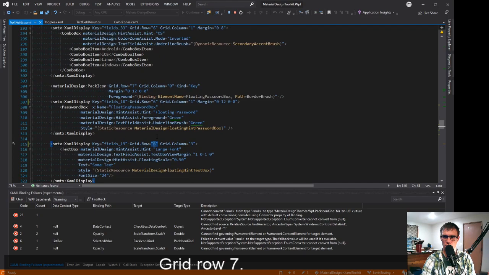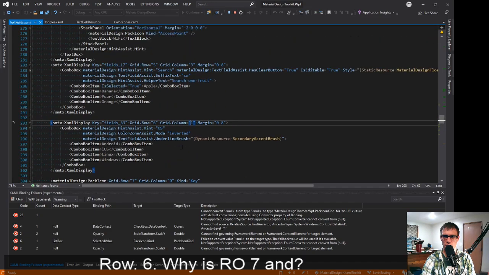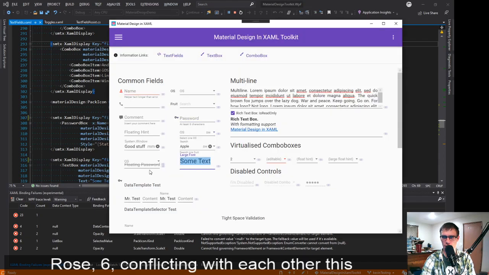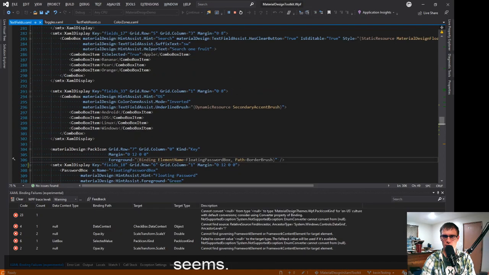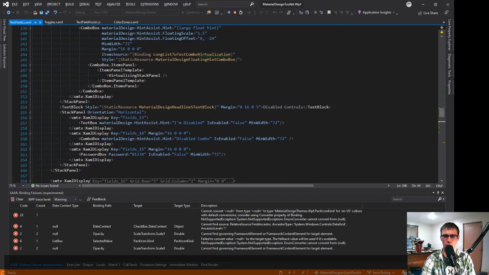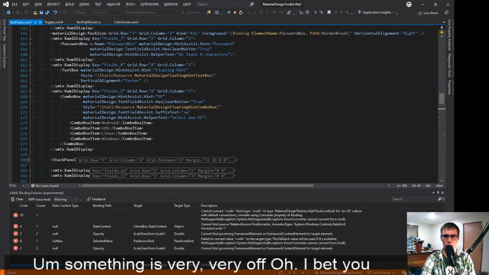Why is row 7 and row 6 conflicting with each other? This seems something is very, very off. Oh, I bet you I know what it is. I bet you there is a grid that doesn't have that many rows or columns. All right, because that would do it. So where